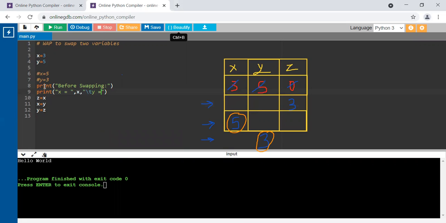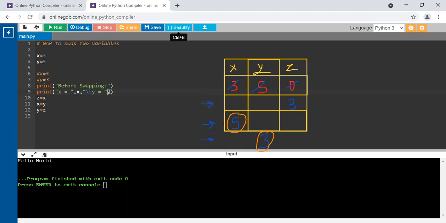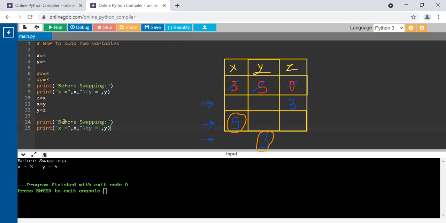Then I would like to print the value of Y. So first let's print the initial values of X and Y. We have got them correct. X is 3. We'll just remove the space from here. And Y is 5. Now the same thing, I'll do it again after those 3 steps.